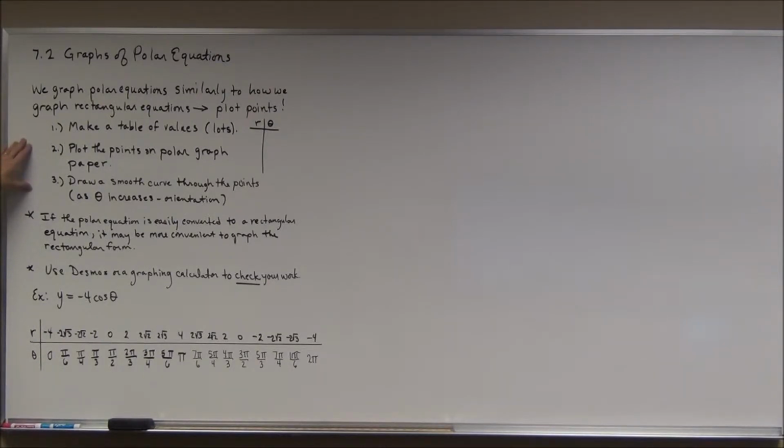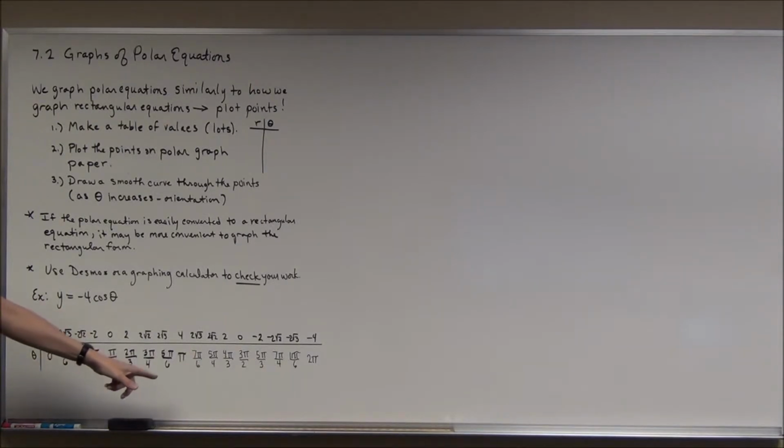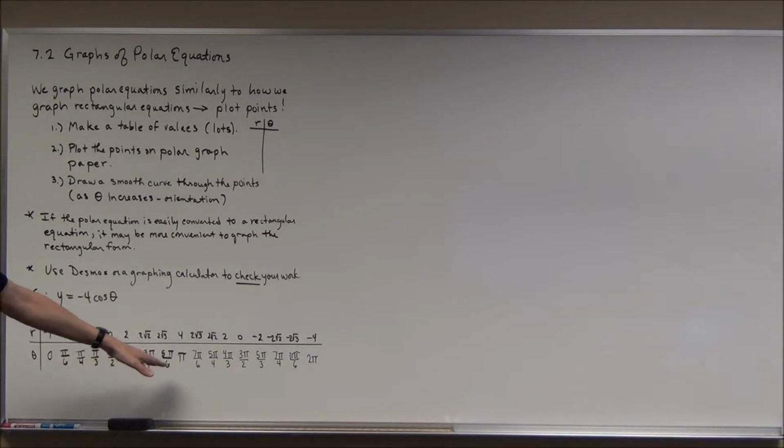We'll see this with an example or two coming up, but remember, because these are different equations, you're not going to be 100% sure what your graph's going to look like, so a few points might not be enough. You might have to graph several points. As you can see in the example down here, look at the table of values. I picked every multiple of 30 and every multiple of 45, or every multiple of pi over 6 and pi over 4,